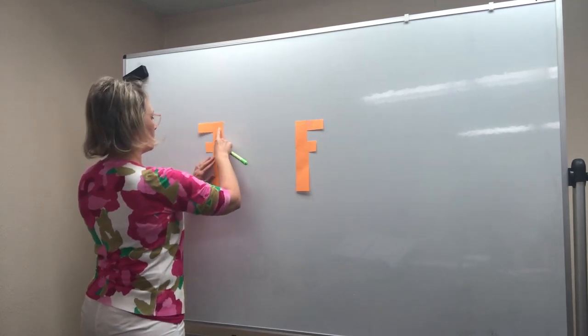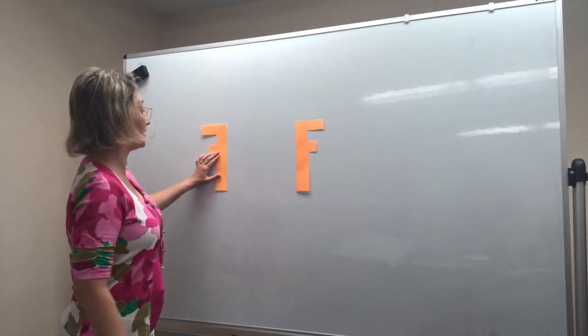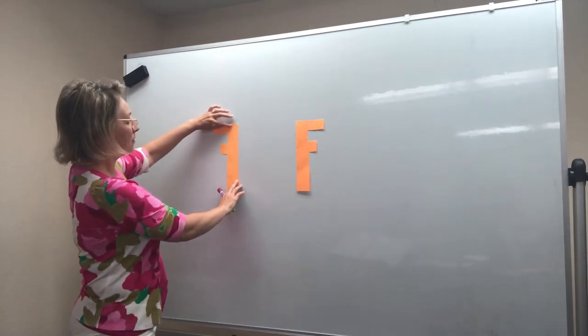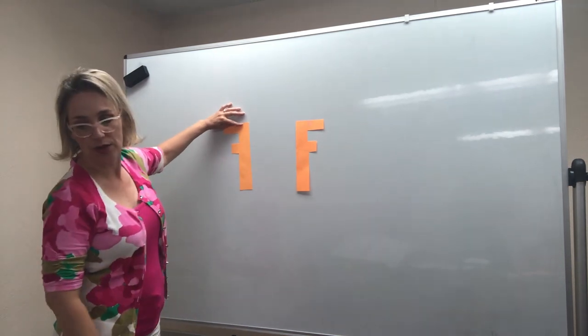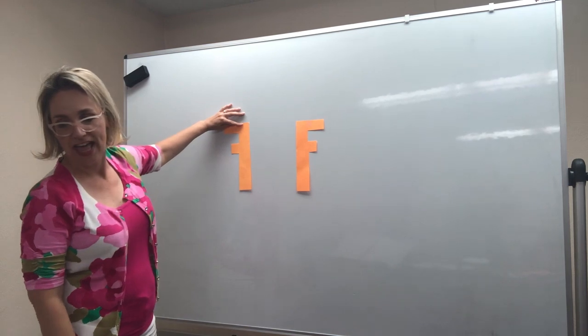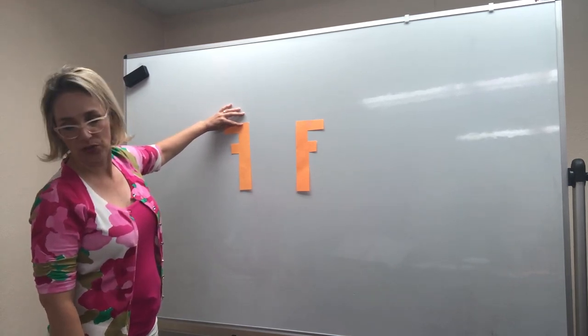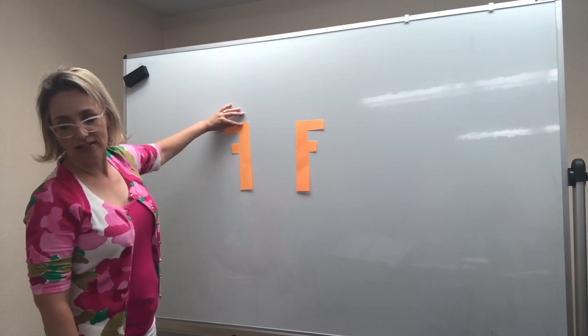So 90 degrees up, there it is. So now it's standing up the same as the right-hand one is, but it's going the opposite direction. Do you see how it's going the opposite way? So remember, it was a rotation, a rotation up, and then here's a word that's probably a new one to you: we translate